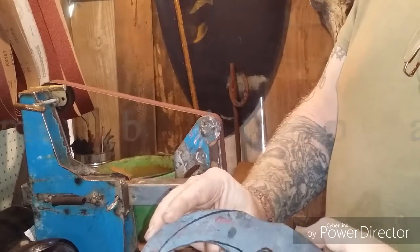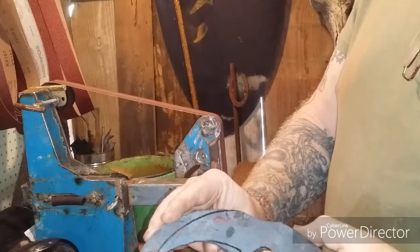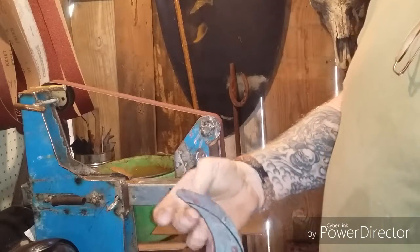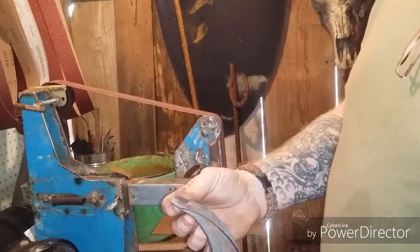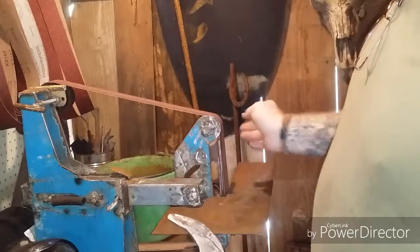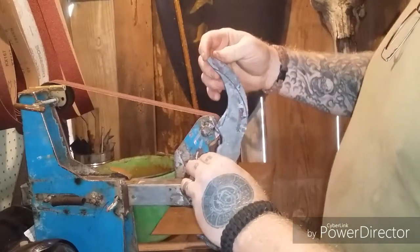Here's what I'm going to end up with on the blade. I'm going to go ahead and grind this out, thin it down and all. I may leave a little bit larger blade, but I'm going to go ahead and clean that up and get that going. So, without further ado,